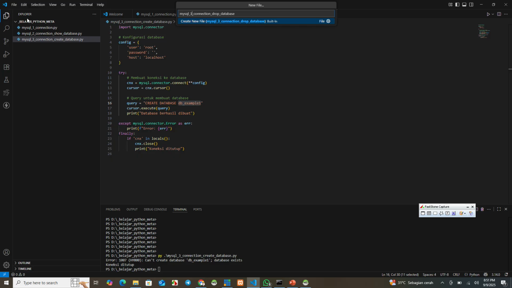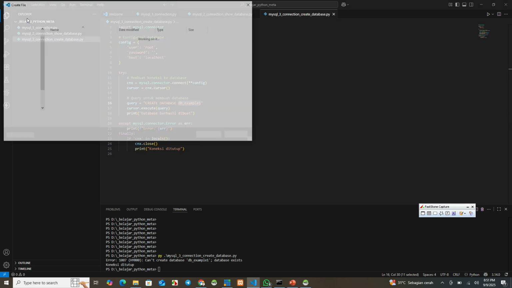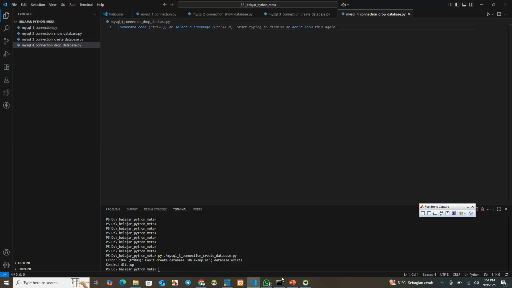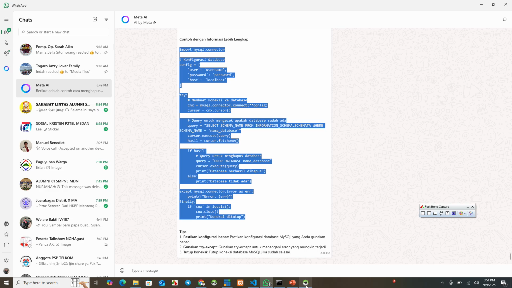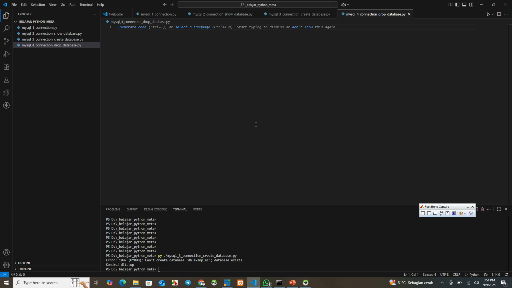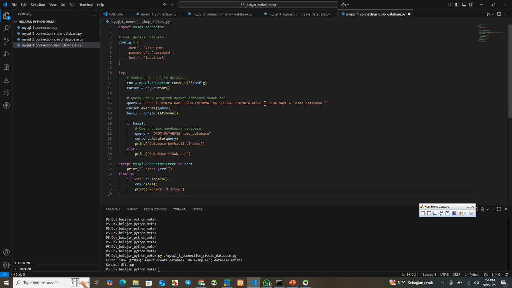This is number 4.py. Okay, this one we copy. Username root, password blank, localhost, select.